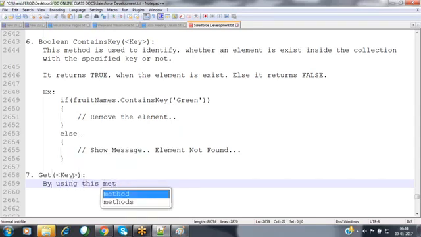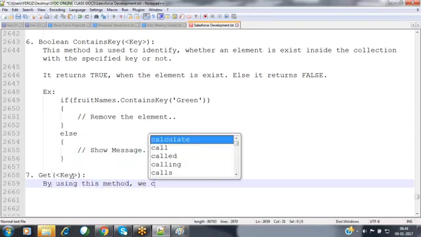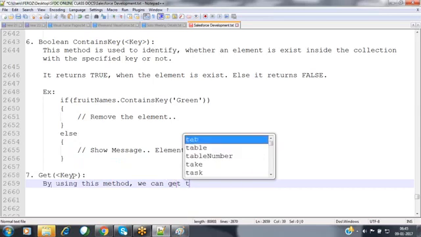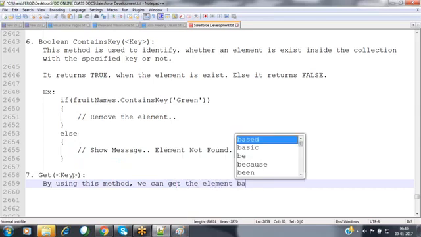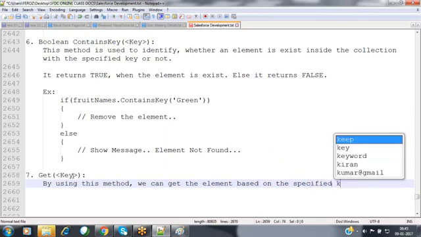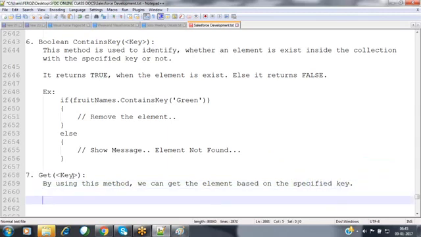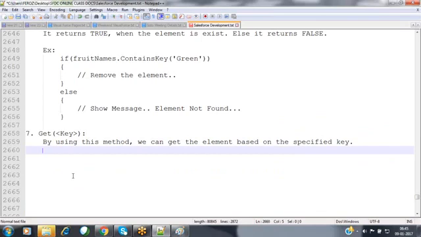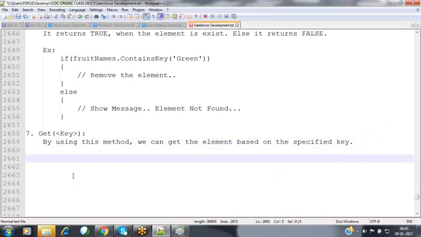By using this method, we can get the element based on the specified key. Because if you want to get the element, then we have to supply the key. Nothing but key is the base over here. So based on that key, if the element is available, it returns to you, or else it returns null, nothing but empty.